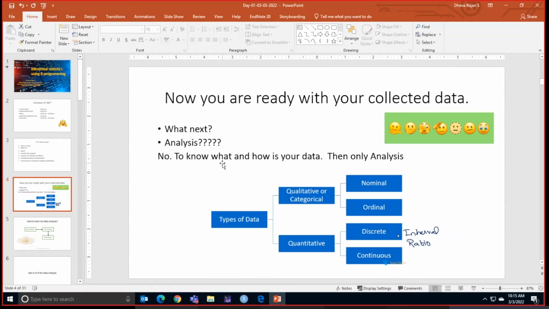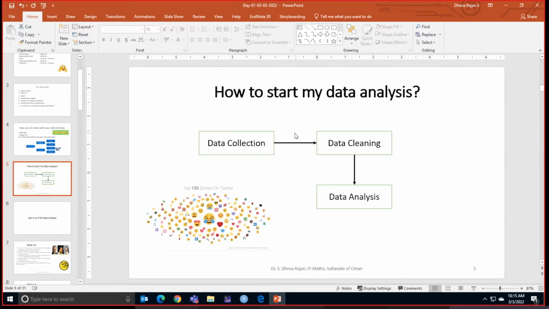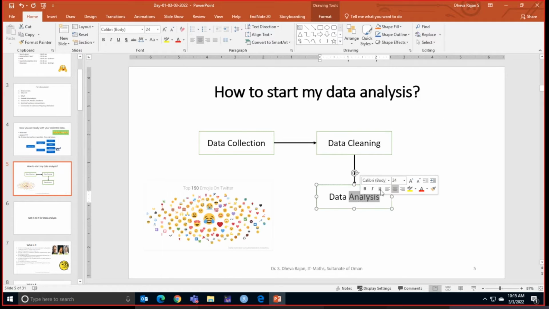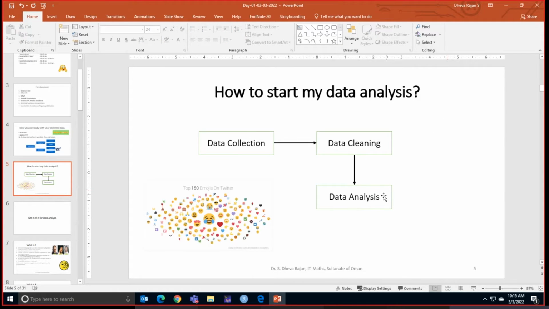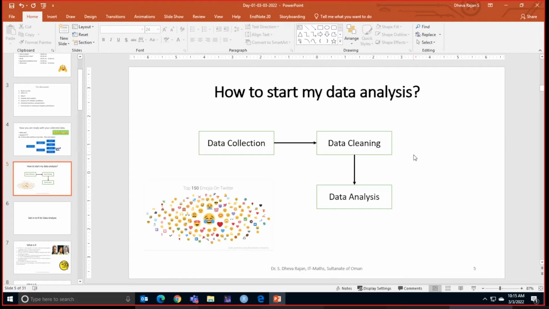Now we have collected all our data, and to start our analysis, data collection, data cleaning and data analysis should be done. So in order to arrive at data analysis, we have to perform the first 2 steps. Okay. Now,